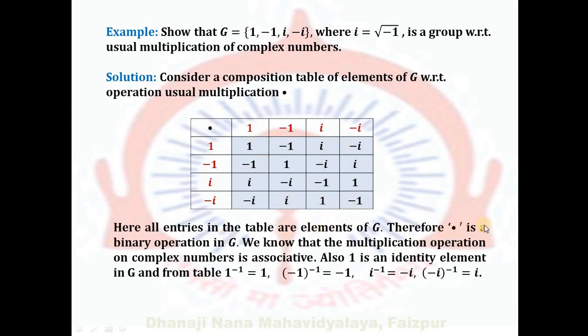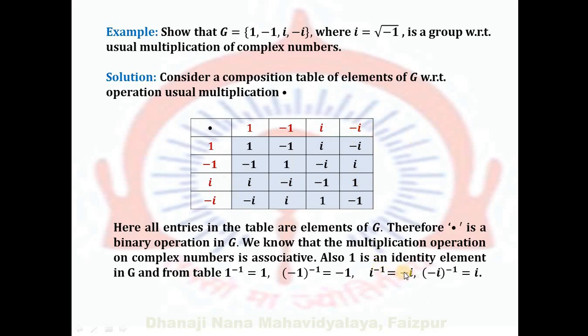Therefore this operation multiplication is a binary operation in G, and we know that the multiplication operation on complex numbers is associative. Also with respect to multiplication, 1 is the identity element in G, and from the table, 1 into 1 is 1, so from that we can say 1 inverse is 1. Minus 1 into minus 1 is 1, that is the identity element, so the inverse of minus 1 is minus 1. I into minus I is equal to 1, that is the identity element, so from that we have the inverse of I,